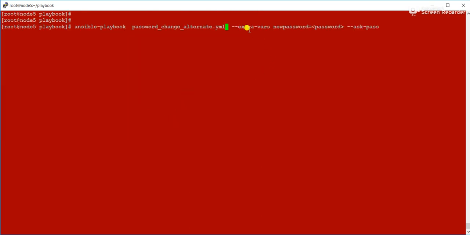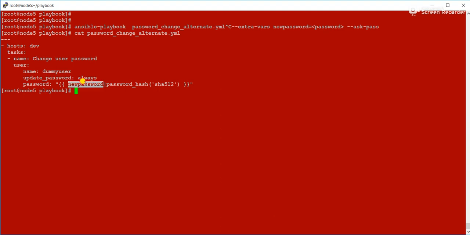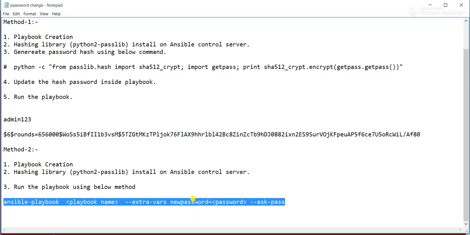Then --extra-vars new_password. If you go to our playbook, you will see it is taking new_password equal to, and we need to provide our password. So let me copy our command.